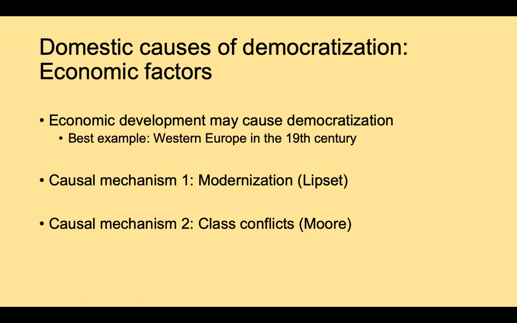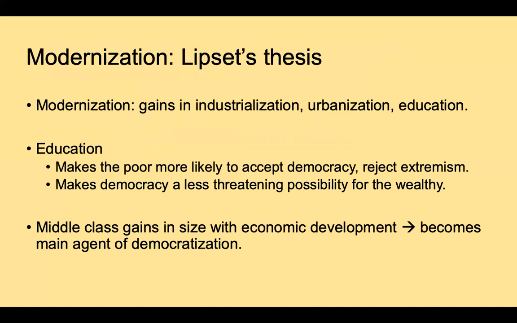There are 2 causal mechanisms that have been put forward for what connects development and democracy. On the one hand, there's modernization, which was popularized by Seymour Martin Lipset, and then there's class conflict. There are some different arguments about which classes matter, but in general, it's the idea that changes in the class structure bring about class conflicts that result in democratic settlements. And Lipset's thesis is maybe the most interesting one. He talks about what's called modernization, and it goes hand in hand with modernization theory. And Lipset envisions the process taking place like this.